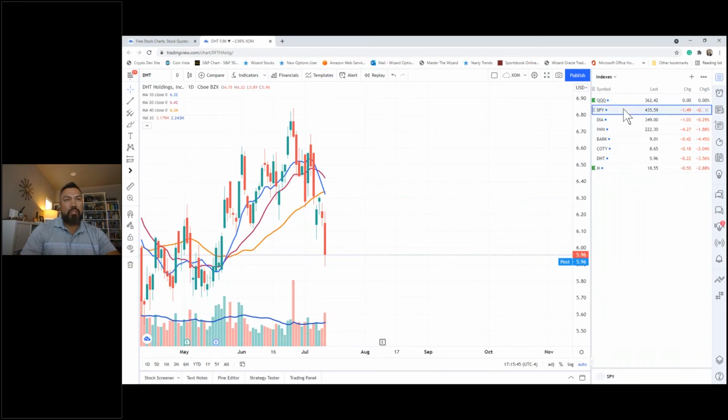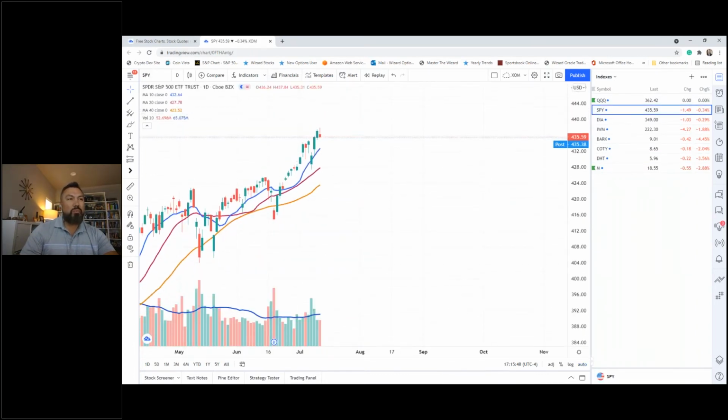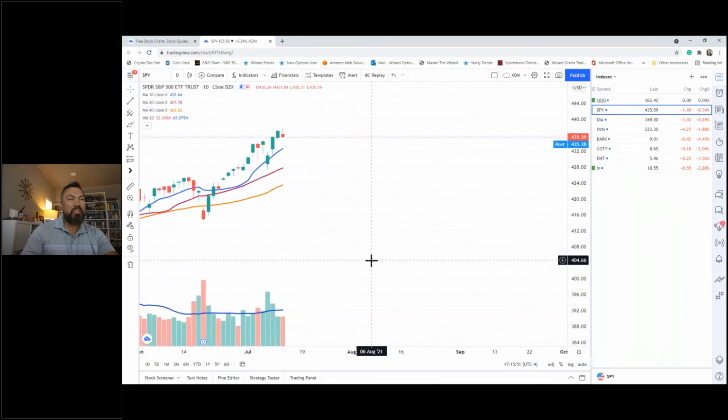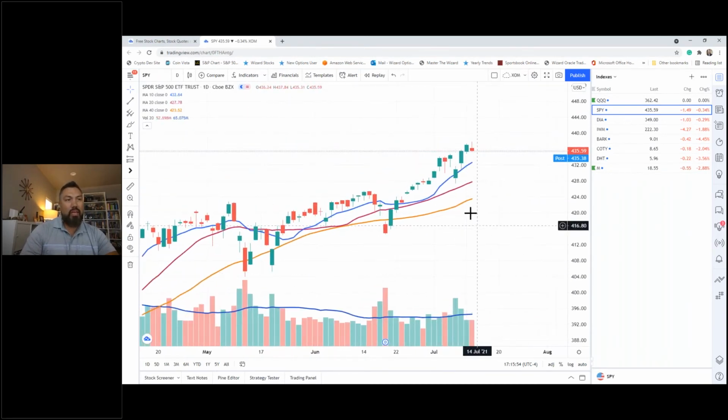Let's go back to the SPY for a second. It's a simple example. I'm going to zoom in here and make this as simple as possible. Is this bar here, let me draw on this, bigger than this one? When I say bigger, I'm talking about from a high to a low. Is this bar bigger than today? Is it bigger than the day before, which was Monday? Bigger than this bar? Bigger than all these bars, isn't it?